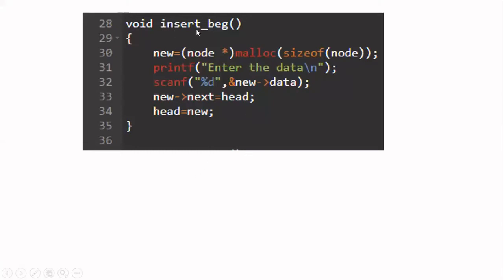So this function is insert_beg. Always give meaningful names to your functions. Don't give fun1, fun2 like that. Here, since I am inserting, I am giving the name as insert. It's not a keyword, I'm just using the name insert. Then underscore, in insert we have 3 different ways. So you tell which way you want to insert. It is insert at the beginning. Okay. Now, no argument for this particular function,